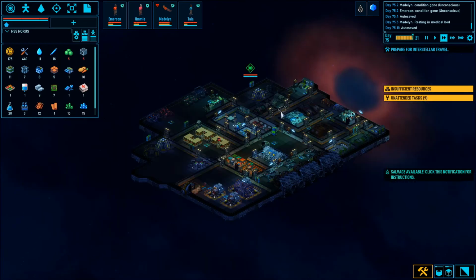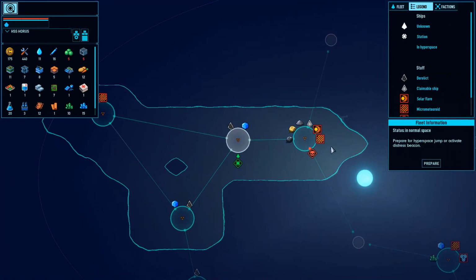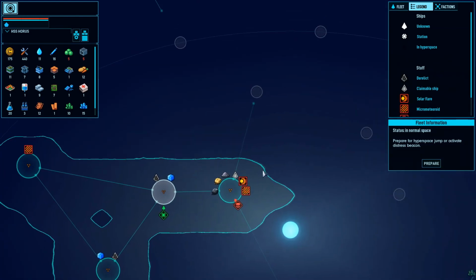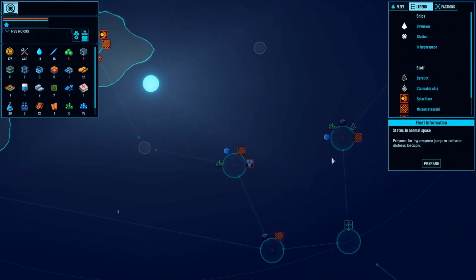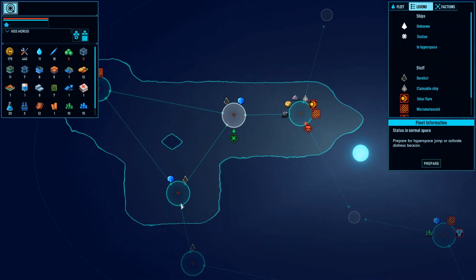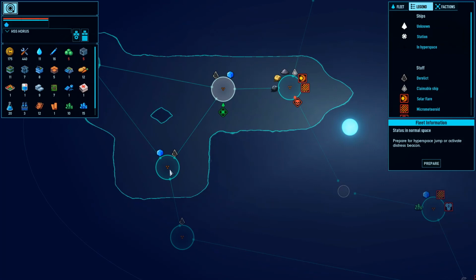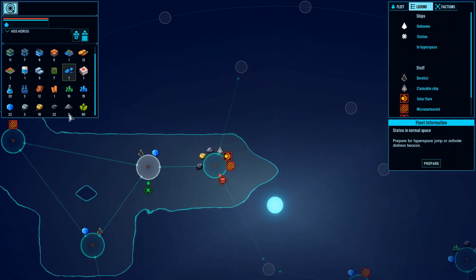Meanwhile, we're just about coming up to the end of the day, so we're going to make plans for tomorrow. We definitely don't want to go there. There's a pirate there, plus just ridiculous amounts of danger. We could go back there and visit this derelict. We haven't done that yet, so that's something to keep in mind. We could pick up water, although we're still...